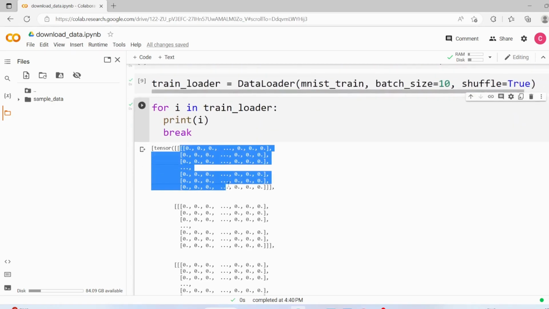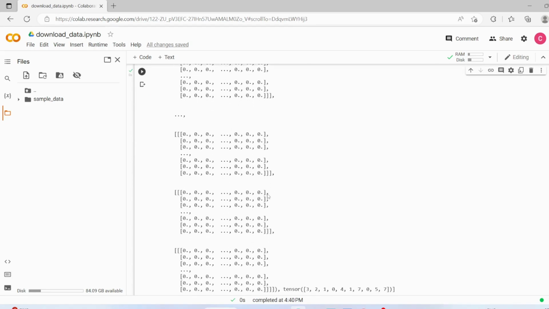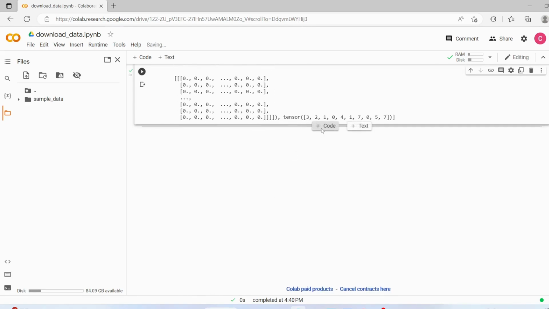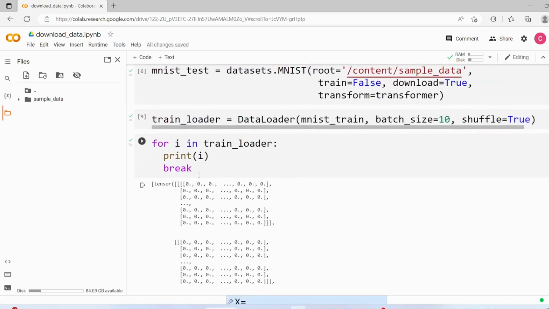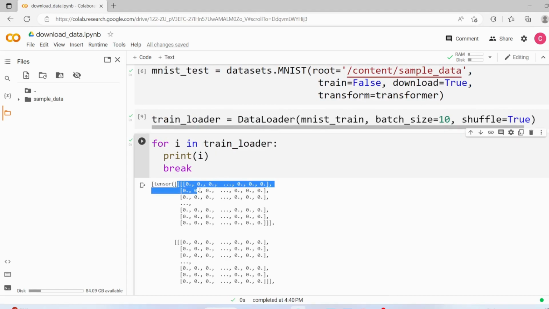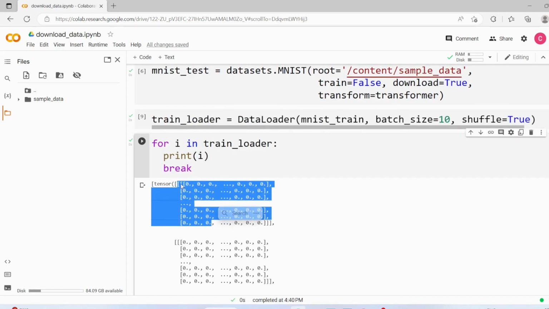Now the last part, let's plot this data. Using matplotlib, I will call plt.imshow, and if you see this variable, this is a tensor, a list of lists of lists.